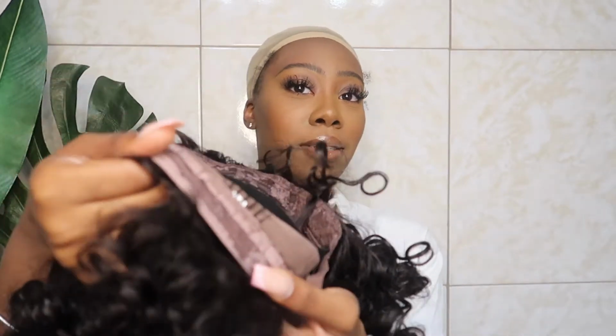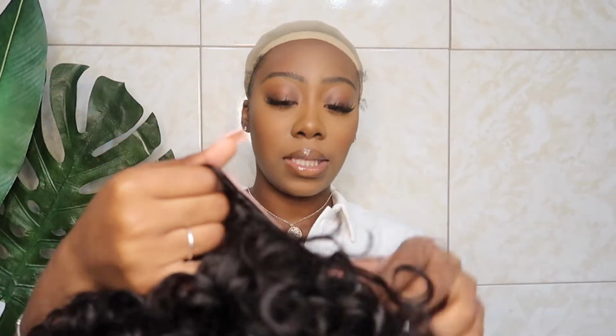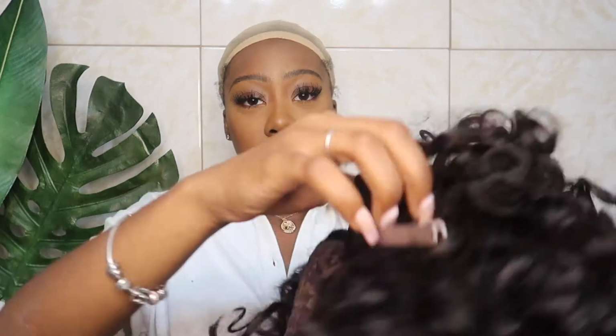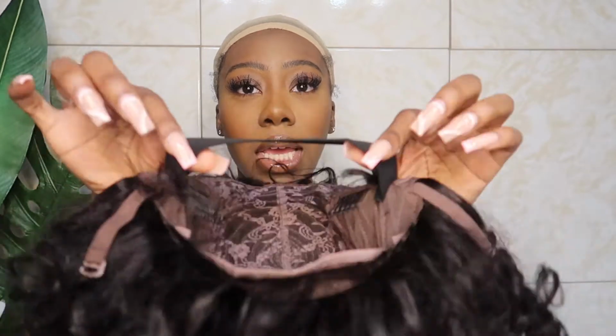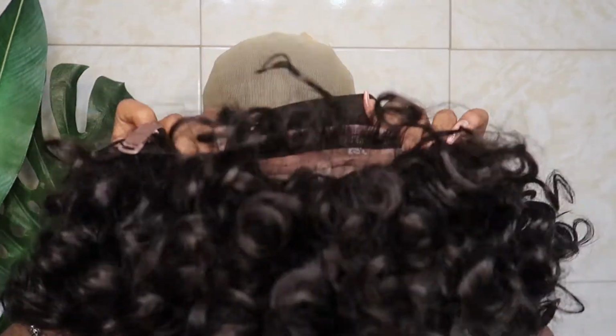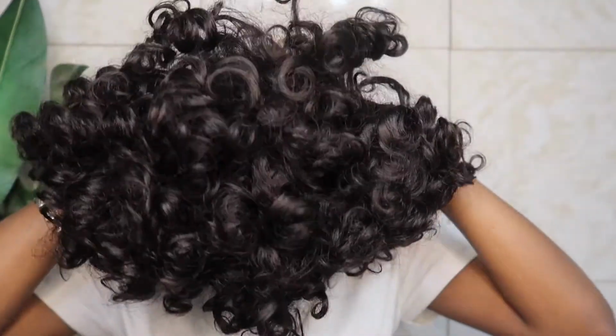So I was just a little confused just now. So this is the back. Where the tongue thing is right here, that's the back. And then this is the front. This is what the front looks like. So what you're gonna do is take this, and if you guys hear anything in the background, that's my little brother, Lord knows. Okay, so you're gonna take this right here, pull it to the back,